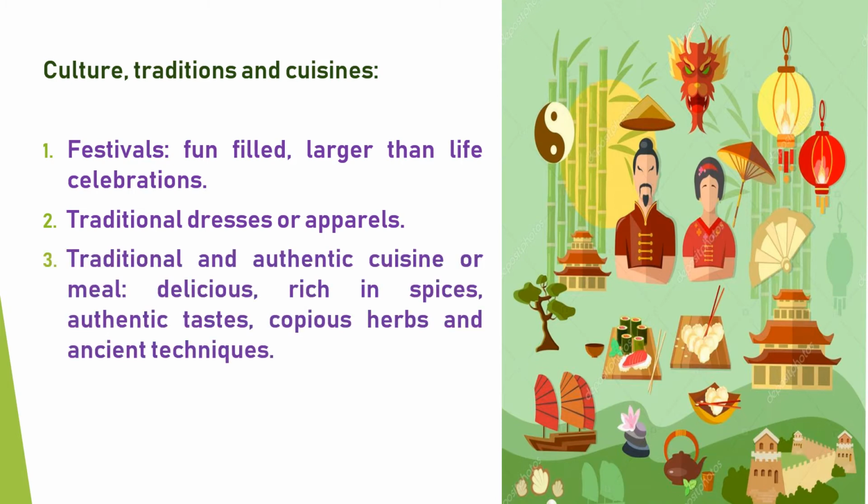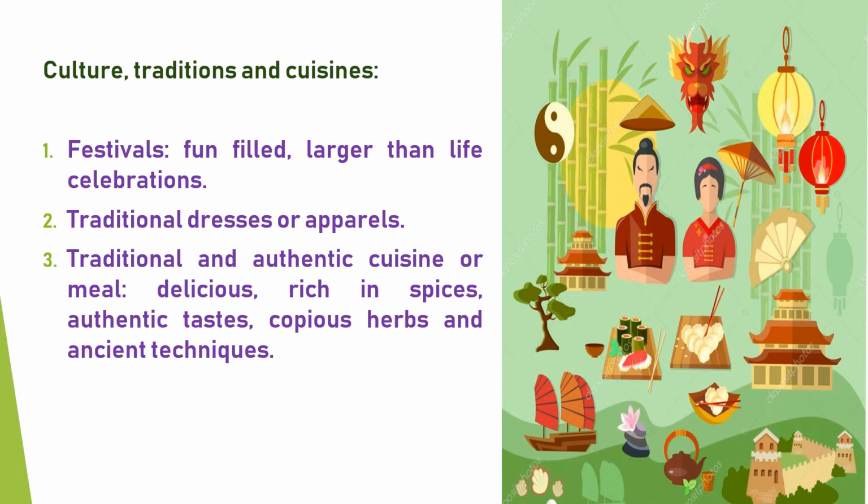Another thing that you can include is always the cuisine. Each and every state, each and every place has its own traditional and authentic cuisine, that is the meal, a special food by which they are known. Like the south is known for idlis and dosas and rice items, whereas the north is known for its paneer items, or the flat breads, or vegetable curries. Foreign countries are known for burgers and pizzas and so on. So each and every place has its own